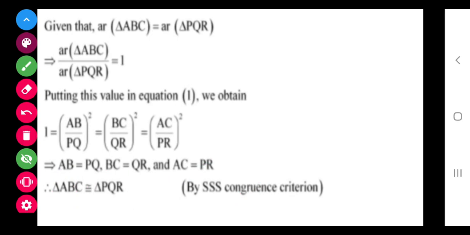So class, you are going to attempt till here. The rest you can try. You can see the example, and the 3-4 questions left in this exercise. You can try them, and we will complete them in our next class. Till here you have to do and send me the work. That's all, class.